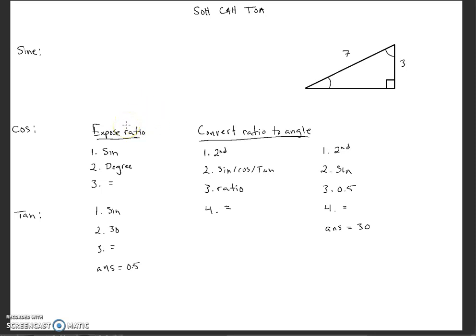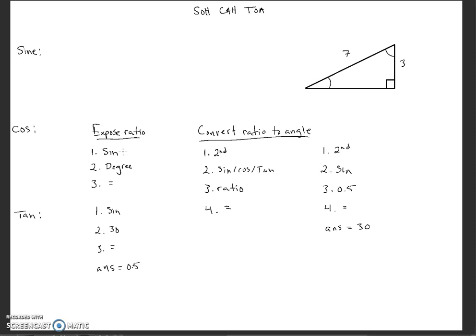Now I have a Sharp EL520XT. This is the way it works for this model. If you have a different kind of model, then you're going to have to figure that one out for yourself. But if you have this model, this is the way it works. So to expose the ratio, and again the ratio of the sides, talking about from the previous lesson, from the trigonometry intro lesson,